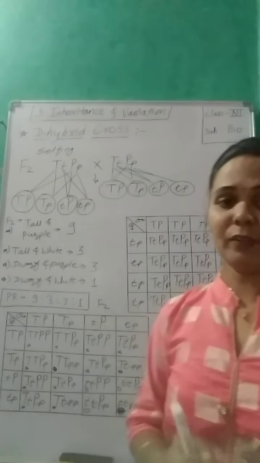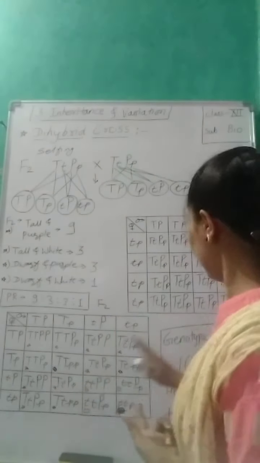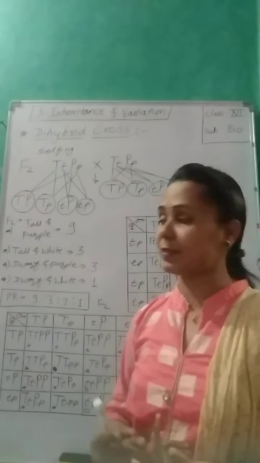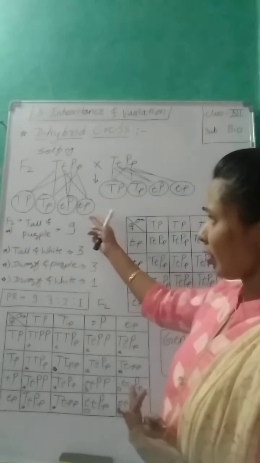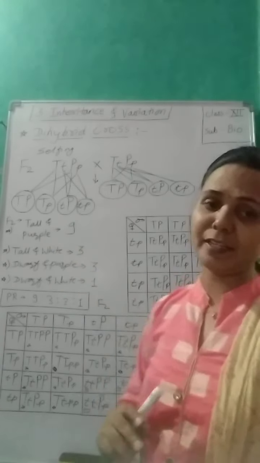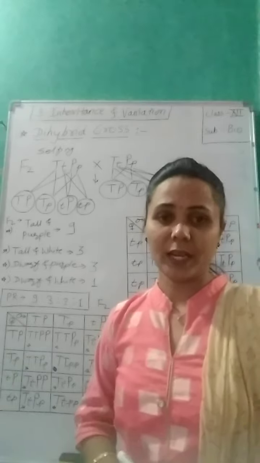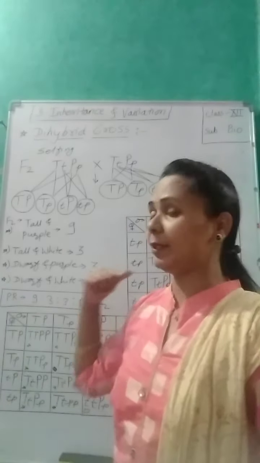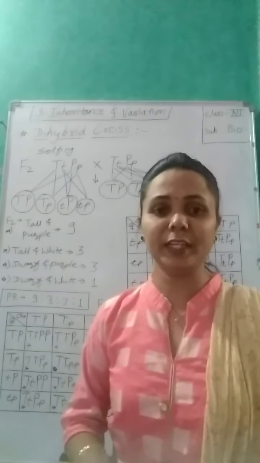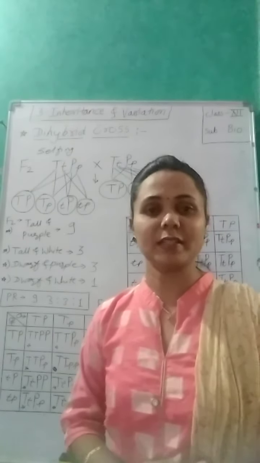So for F1 generation, it is present that 16:0 ratio for genotype and phenotypes. And here also F2 generation, we are getting the phenotypic ratio that 9:3:3:1. This is shown in the dihybrid cross. When we are considering two different contrasting characters, any two different contrasting characters we are considering.